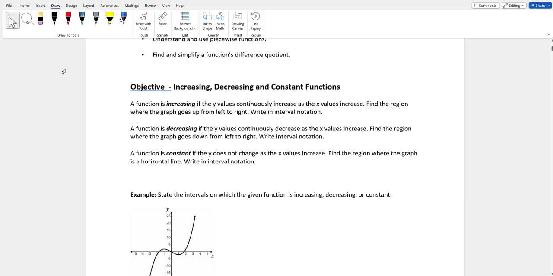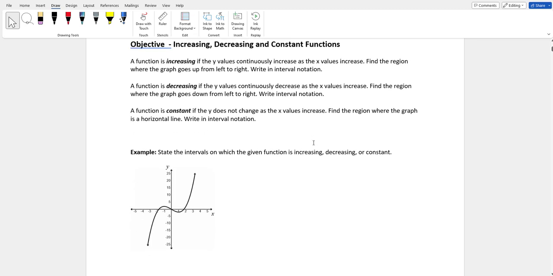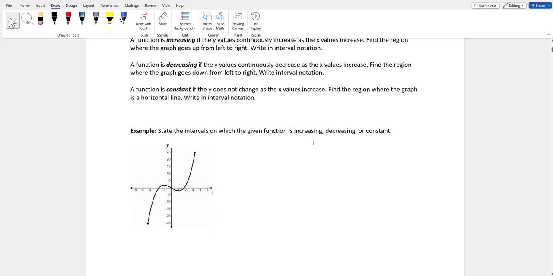A function is decreasing if the y values continuously decrease as the x values increase. We're going to find the region where the graph goes down from left to right, and we're going to write it in interval notation. A function is constant if the y does not change as the x values increase. We're going to find the region where the graph is a horizontal line, and we're going to write that in